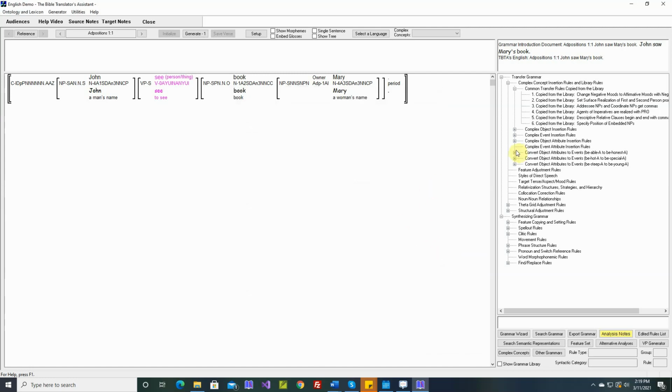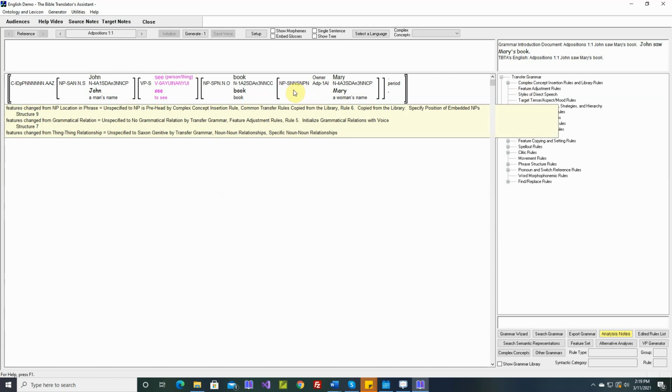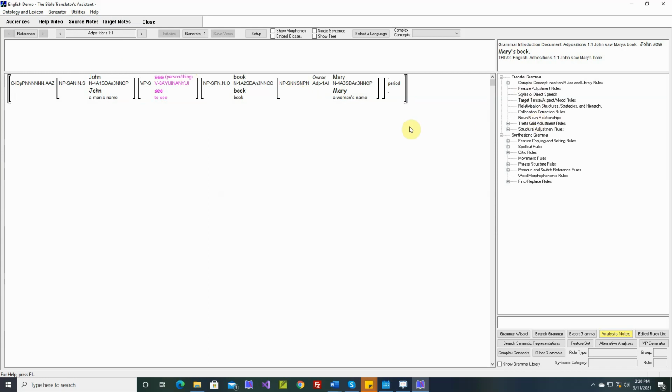I mentioned in that previous video series, all of these rules are in the transfer grammar down to and including the noun-noun relationships. These are executed even before we click the generate button. So, for example, as soon as we load a verse, TBTA has already executed these rules down through and including noun-noun relationships. So that's why we see at the bottom features change from thing-thing relationship equals unspecified to Saxon genitive by transfer grammar, noun-noun relationships, specific noun-noun relationships. So all of these rules have already been executed. Now let's work on this one. If we generate this now,